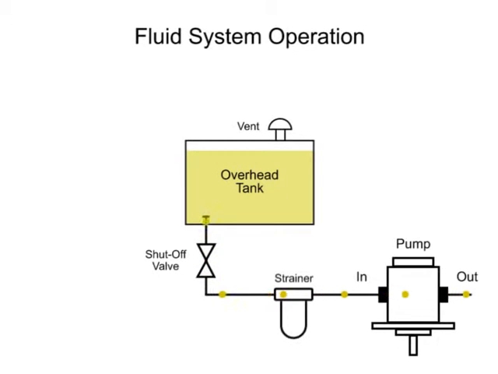The placement of fluid system components in relation to each other is critical to successful operation of the system. Fluid naturally flows from areas of high pressure to areas of low pressure. Pumps operate by creating low pressure at the inlet, which allows liquid to be pushed into the pump by atmospheric